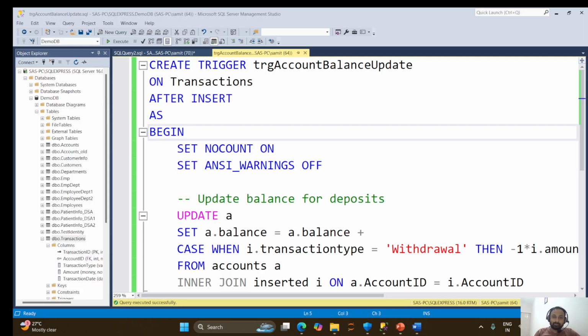I'm in the query window. I have already written the trigger, so I'm going to explain it line by line. When you see these 30-40 lines of code, you don't need to worry. It is very simple. As I have mentioned in our trigger, view, stored procedure